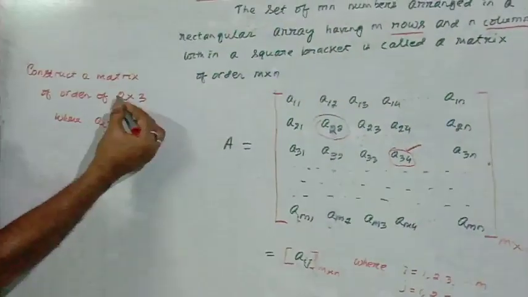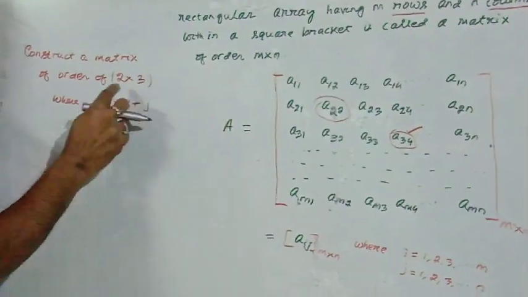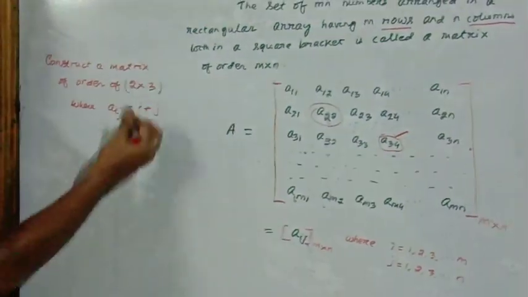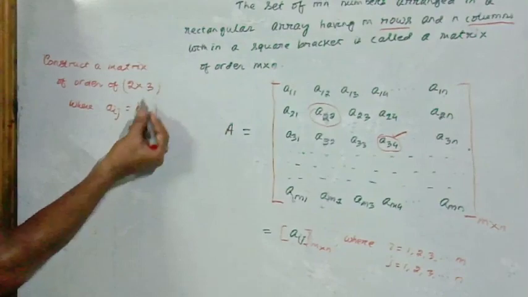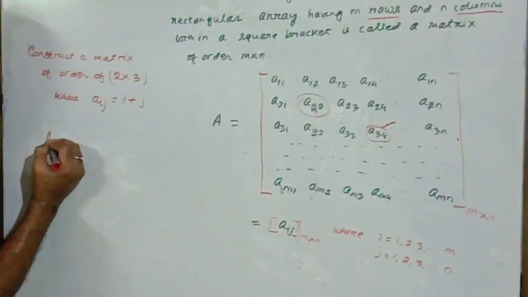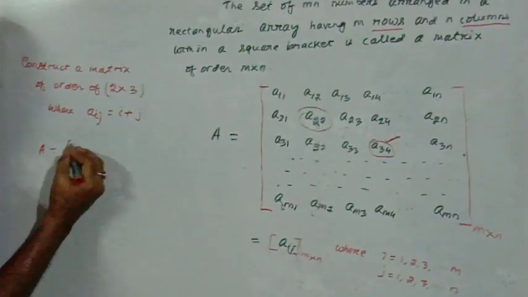So here we have to construct a matrix of 2 cross 3, that means it has 2 rows and 3 columns. So that matrix A can be written as